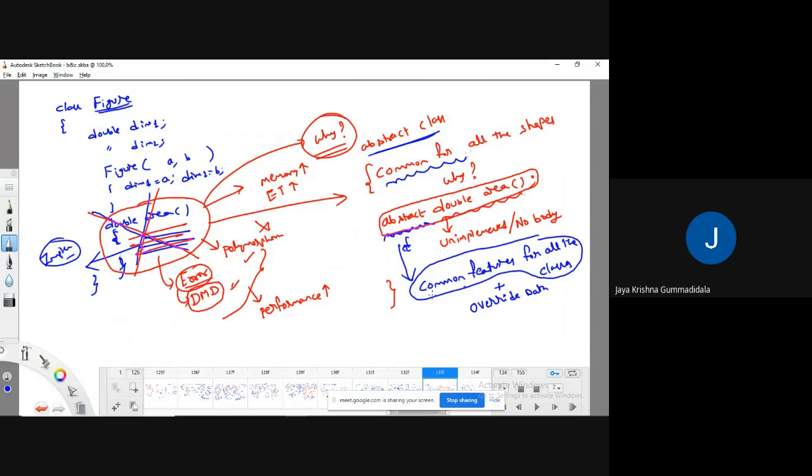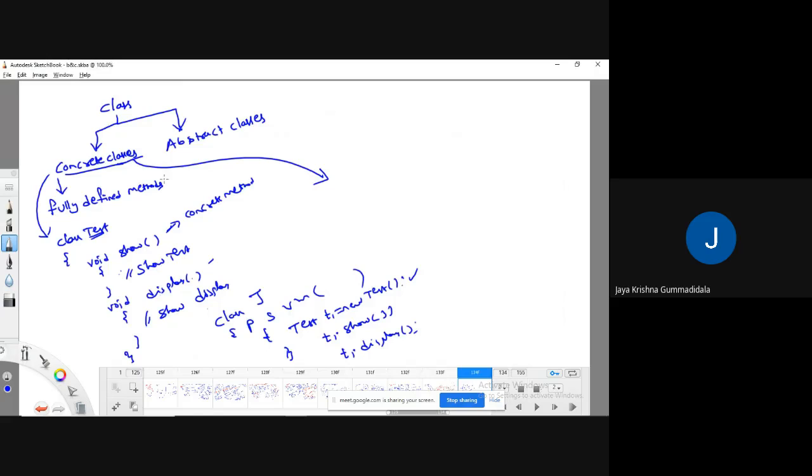When we go for static methods, because it is common for all the classes, then we'll go for a static method. But here the statement is, when we go for an abstract method, if that feature is common for all the classes, and if it wants to override that method, then it'll go for the abstract keyword.